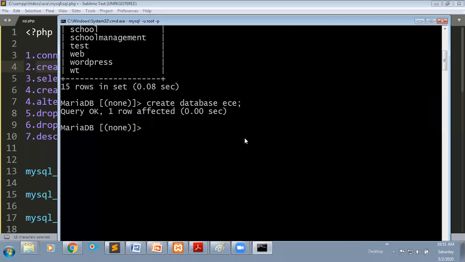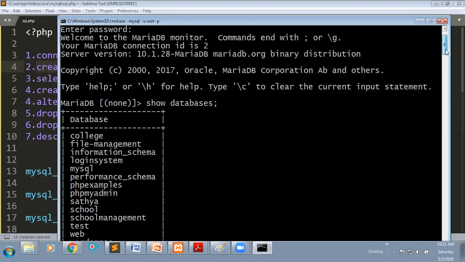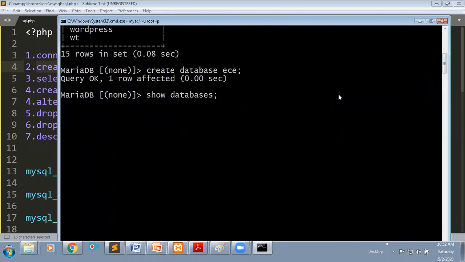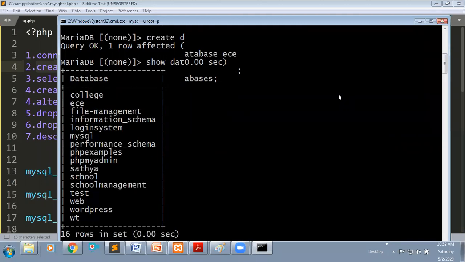If you want to see whether my database is created or not, how can you see it? What I did previously is use show databases. Show databases shows all the databases, right? To see your database, just use the same statement, show databases. Now you can see here your database is created. ECE.